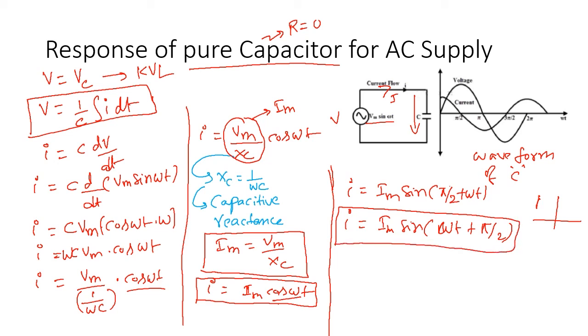When you draw the phasor diagram for this, you will get it like this. Even if we substitute omega t equal to 0 in this equation, what happened here? Sine 90 is equal to 1, so it will go here. So this is the pi by 2. This one is positive, right? So this is the voltage and this one is the current. So in the capacitance, what happened? Current leads the voltage by 90 degrees. This is the phasor diagram.